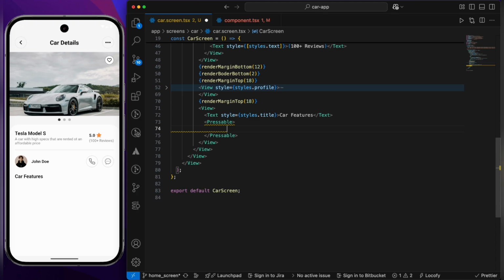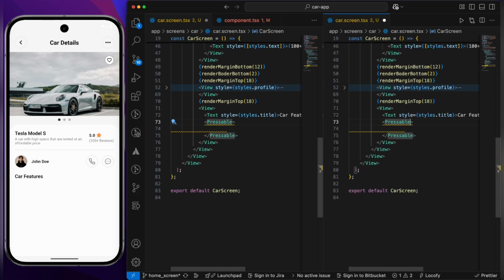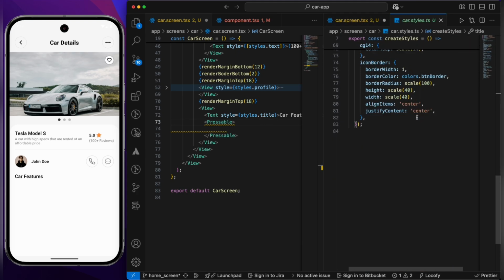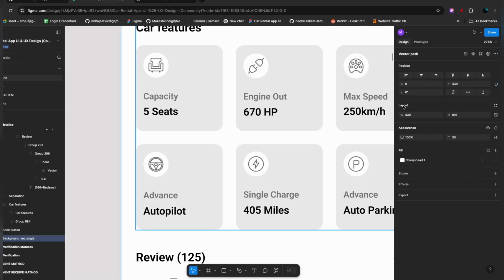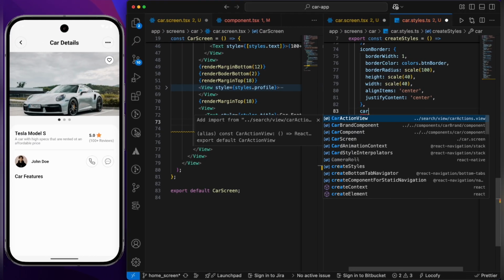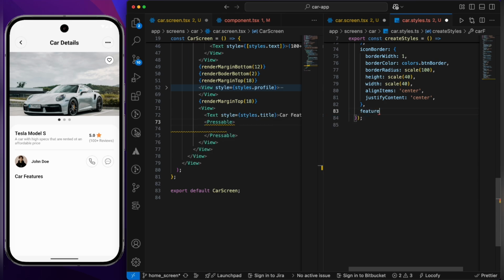So let's do one thing. Let's separate it out, come over here, add the styles, and let's name it car feature component. Feature, okay, we can name it a feature container,